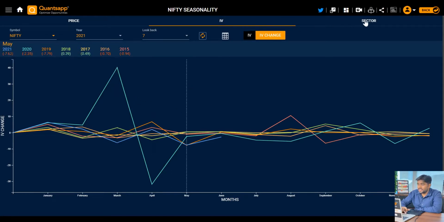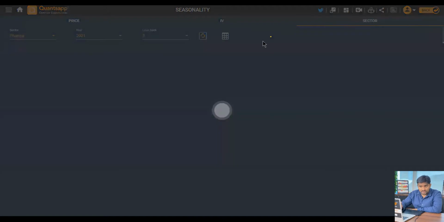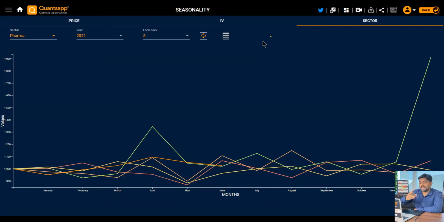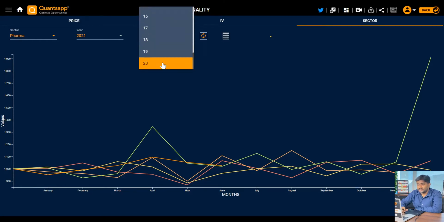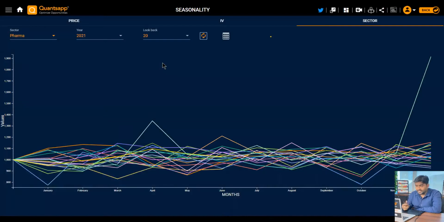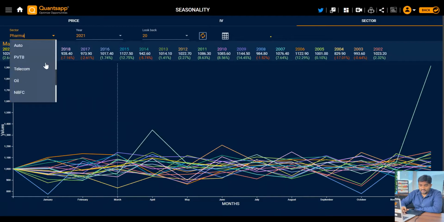Now the third case is that we are talking in terms of sectors also. On a sectoral basis, we can see how the sector has performed over the period of these years. Again, we have data for the last 20 years, right? Now there is some difference here. We have not taken those sectors created by Nifty or NSE specifically. We have only included those shares which actually trade in F&O.